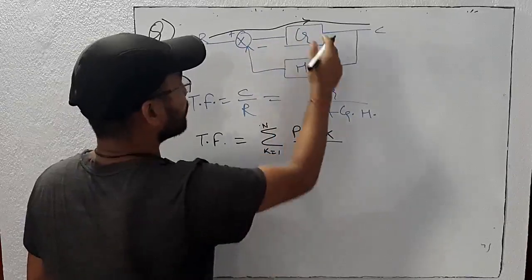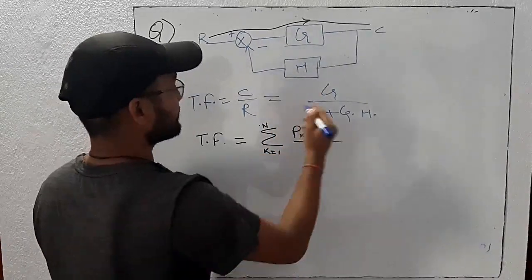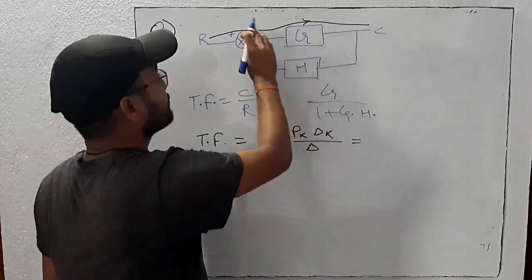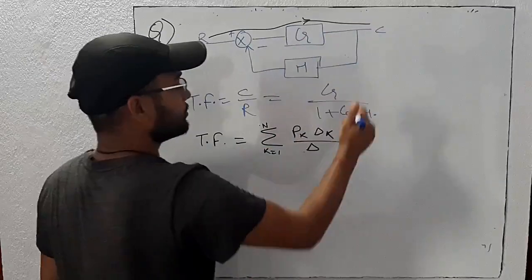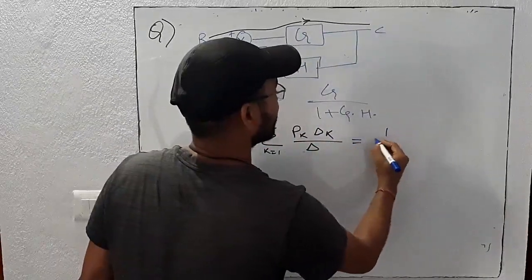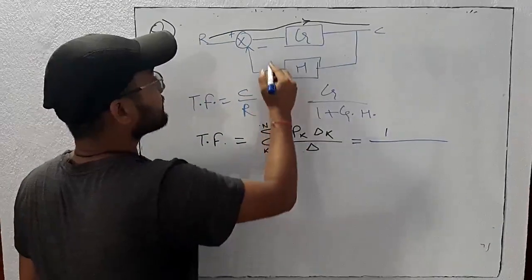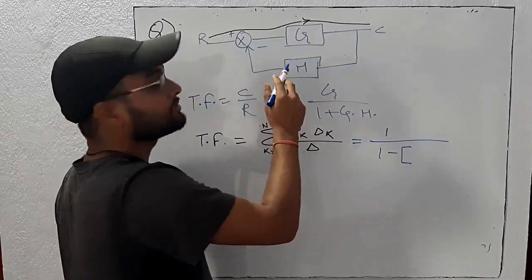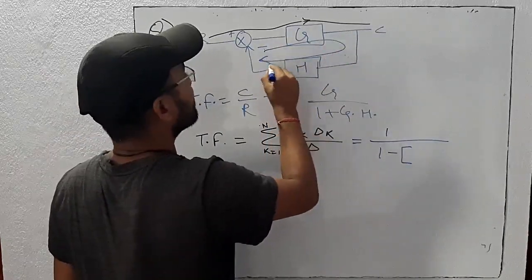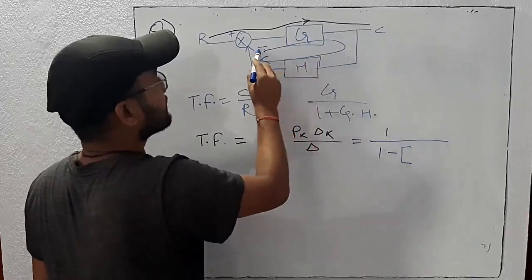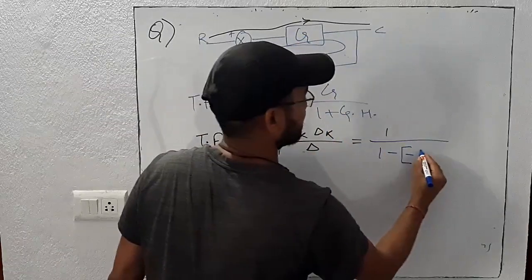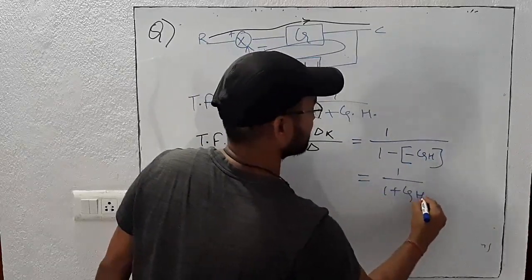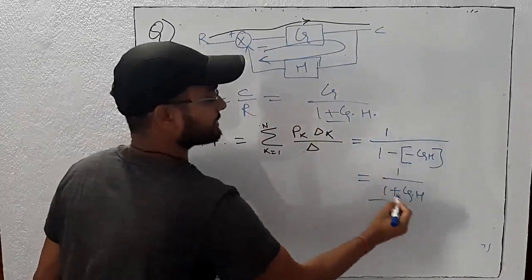So the gain is G here. So we will write, for this path there is no loop, meaning if you remove this node then there is no loop. So del k will be 1. So it will be G by delta, and delta is 1 minus the sum of all individual loops. So this is one loop and there is only one loop, that is equal to G into H, and here it is a minus sign, so minus GH. See, we got the transfer function, same as what we studied yesterday.